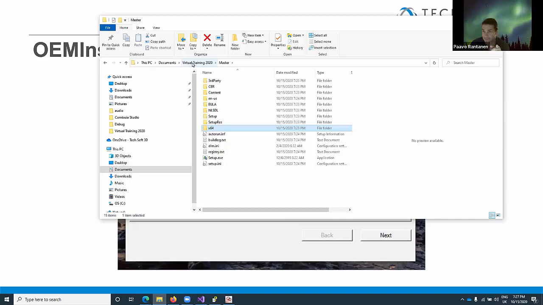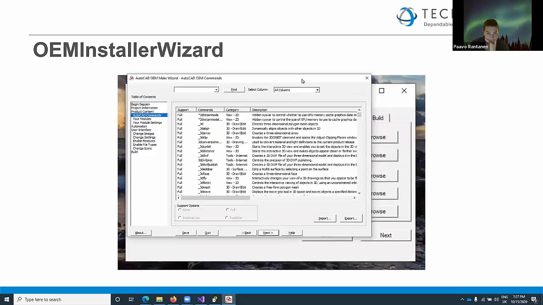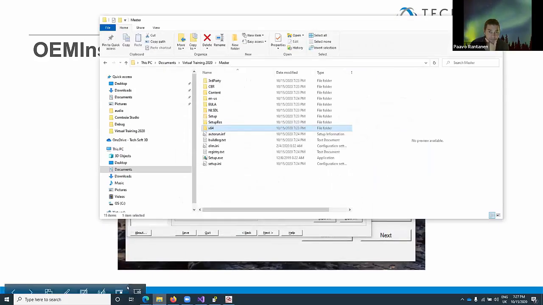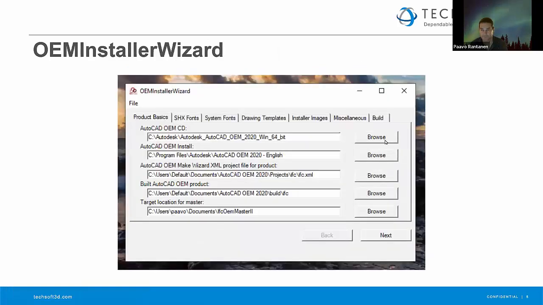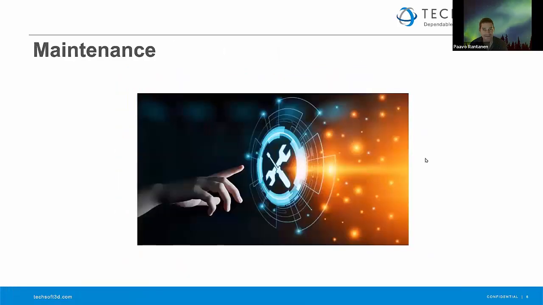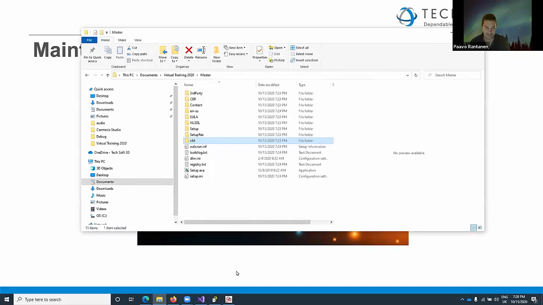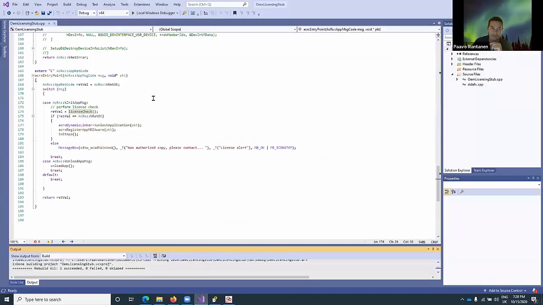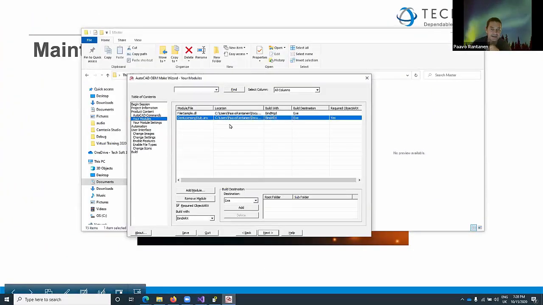Before we run this, we're going to do a couple of things. First, oh, what did I click on now? So this was the installer wizard. And the next step is to look at maintenance. So for maintenance, what I can say in a basic case is that if I make any changes,